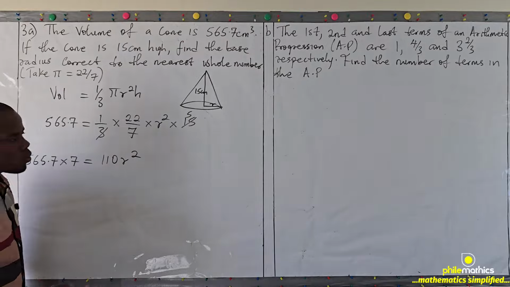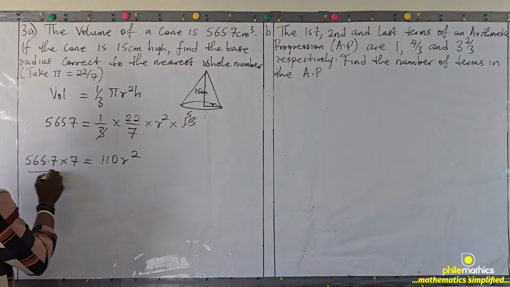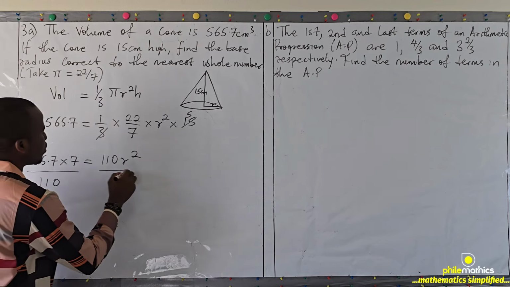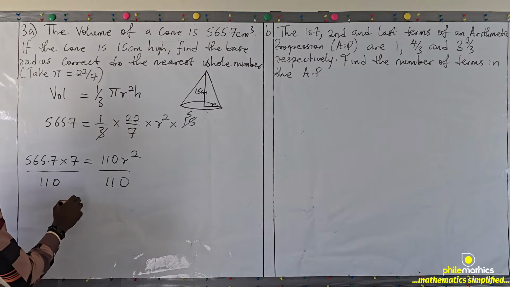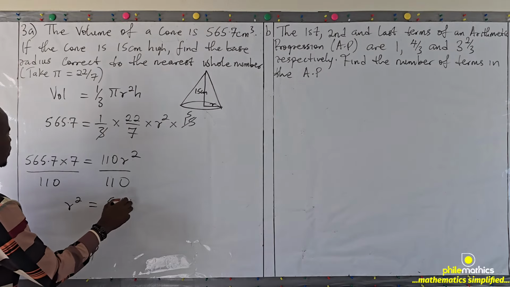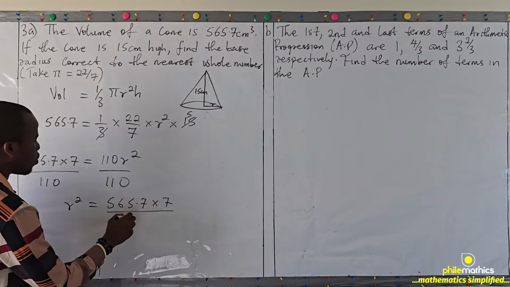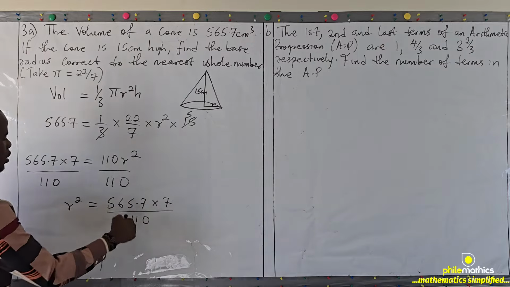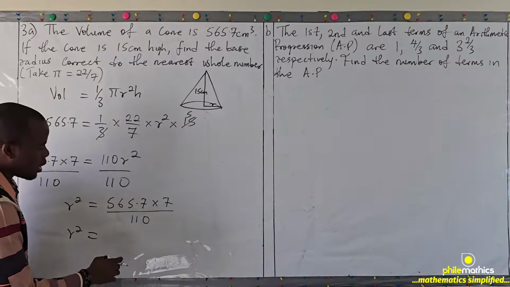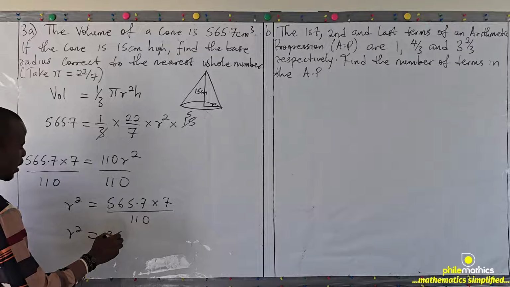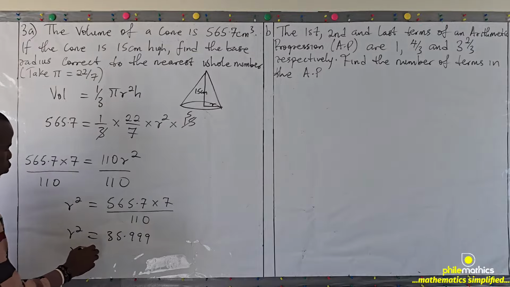So since we are looking for r square, I divide both sides by 110, so that r square I'm looking for is 565.7 times 7 over 110. If I simplify this in a calculator, I will get 35.999. And if I take square root of both sides,